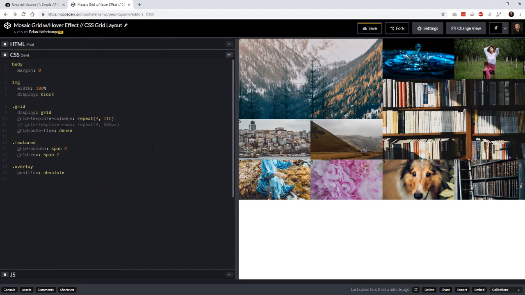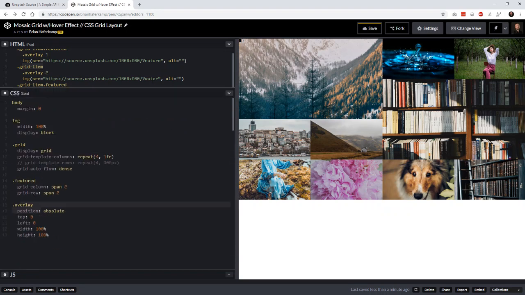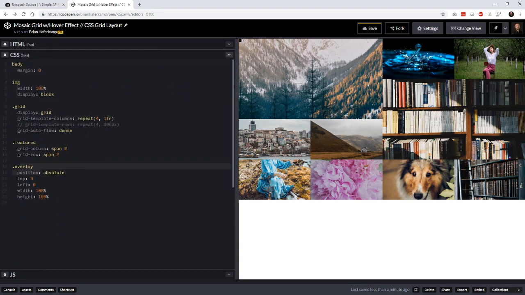And you'll see that's how we're going to create the hover effect in just a moment. And then we want it to be top 0, just to declare these numbers, and have a width of 100% and a height of 100%. And because this overlay is position absolute, we need to go ahead and declare this grid item. So whatever the parent container is that we want it to be contained within, we want to make sure that we have that item specifically declared to be